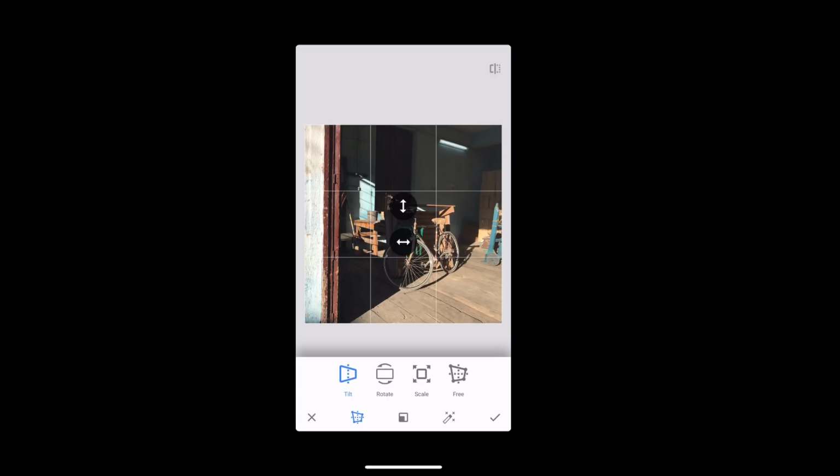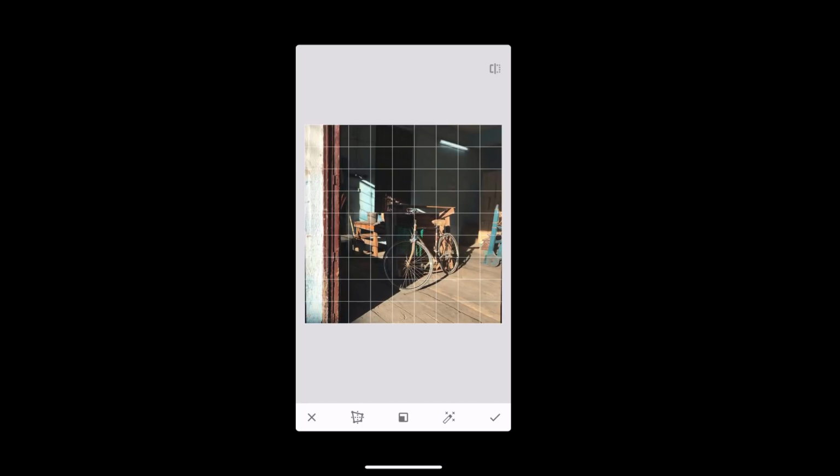forward, and watch what happens to our lines over here on the left where the door is. That's what I'm trying to correct, is that keystoning. So I'm going to take my finger and drag it down, and notice as I drag it down, see how I've suddenly squared off that door, and you see the little black triangles, the little slivers of triangle that appear at the bottom of each side of the image. When I release my finger now,